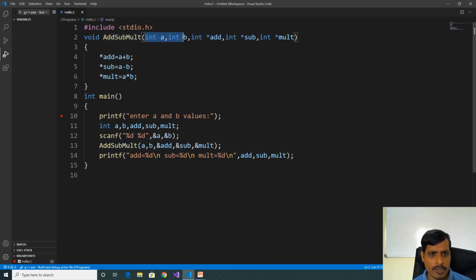Here we declare variables and pointer variables. Later we are adding these values and storing them into the value at that address. Here we are using pointers. Due to this, we can get these values in the calling function, and here we are getting the output and printing the output. Using addresses and pointer variables, we can return multiple values from the function.